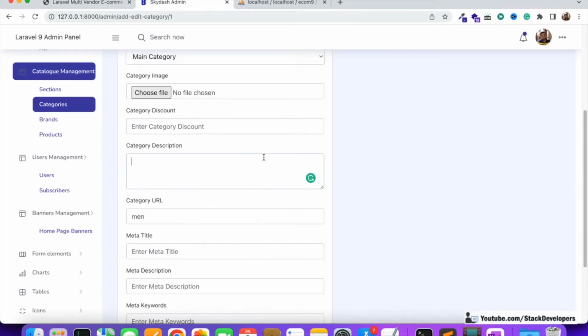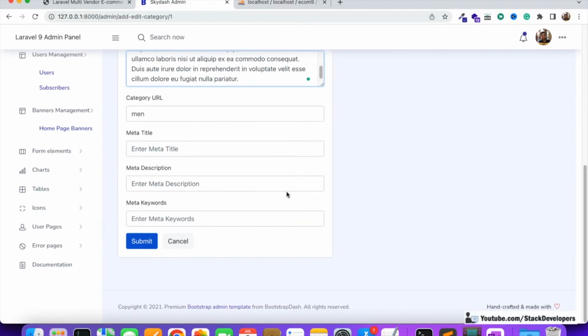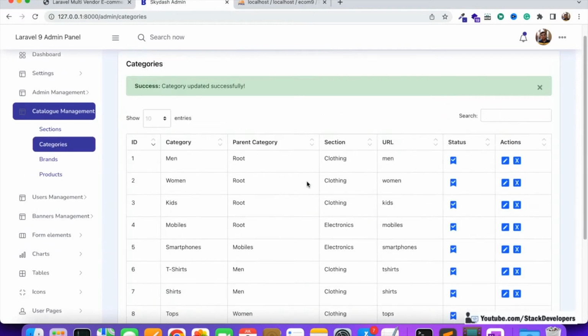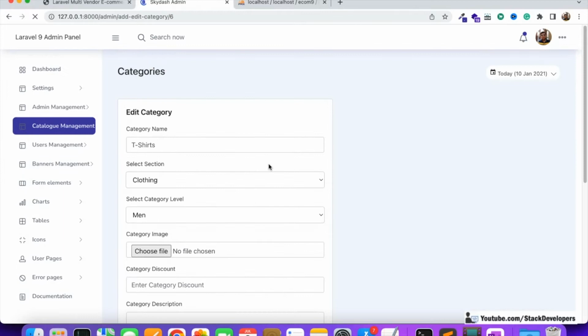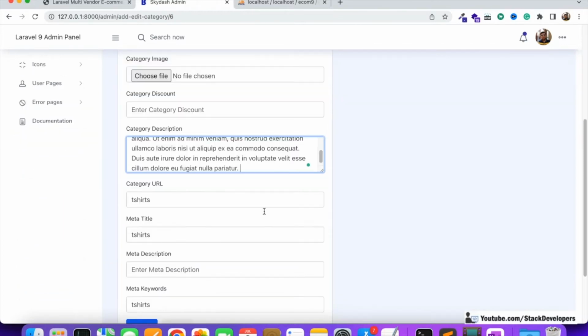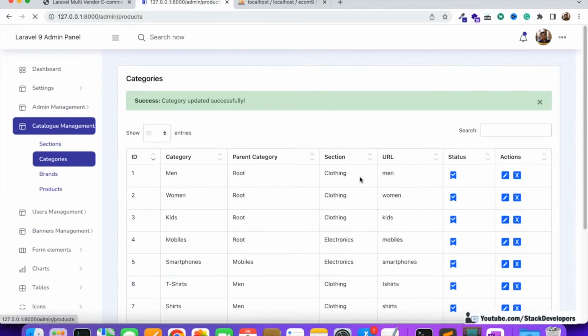Sorry, I'm going to add this data. First of all, I'm going to add it for the category description that we are going to use. I'm going to put it for some other category as well, like for t-shirt as well I'm going to put it. And for the products as well,